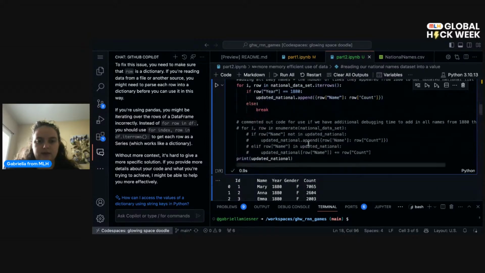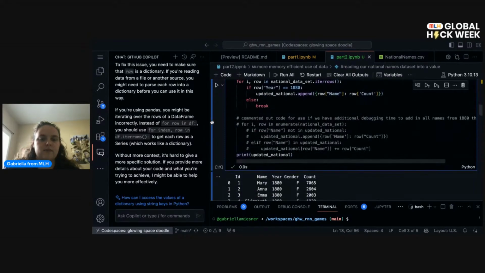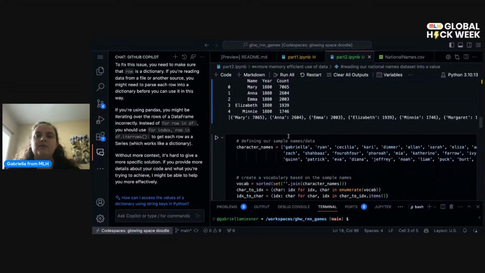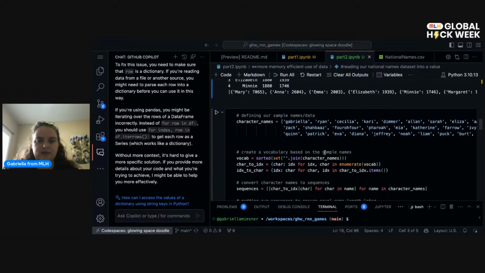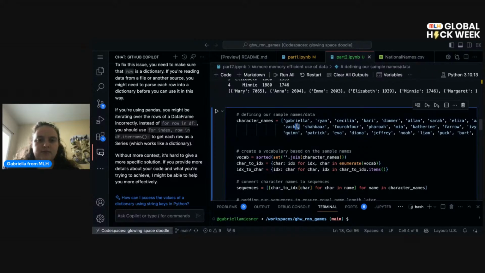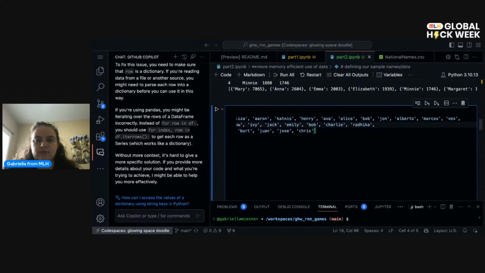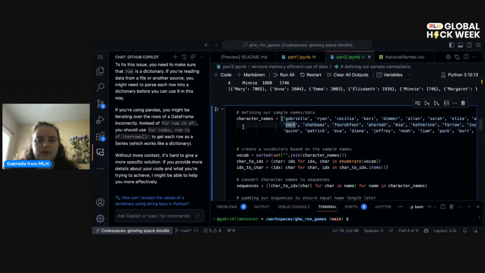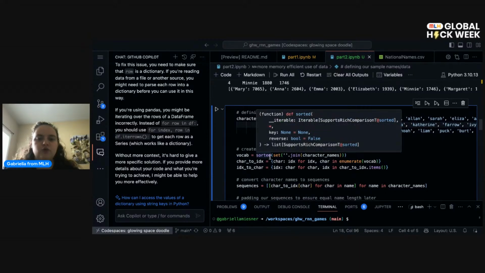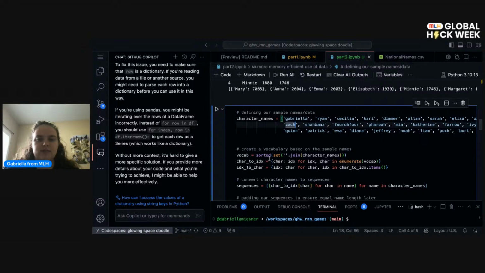Okay, I think that's enough comments for now. This has all been run. So now it's time to actually integrate this particular data set into our model from yesterday. So we're going to do this by coming down to our code block from yesterday. Here we have our character names from yesterday. And I think that we can integrate those just by joining all of our character names that are from